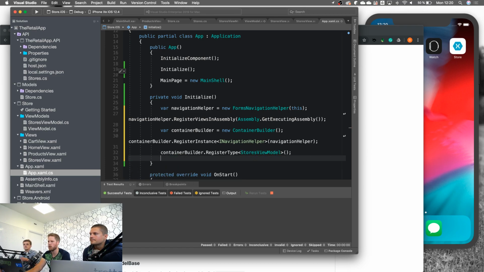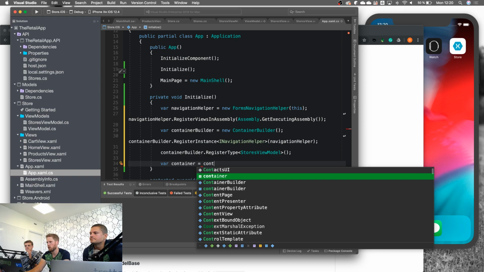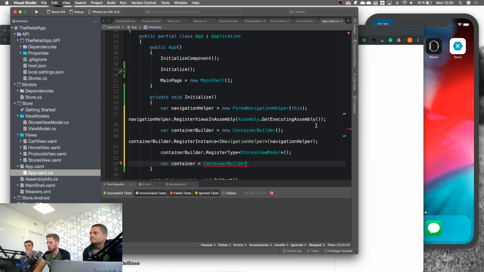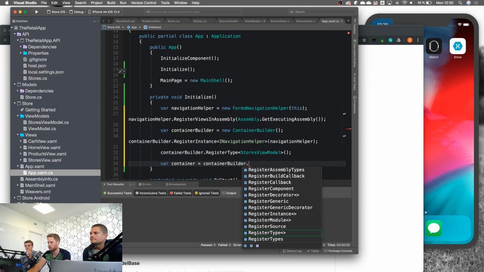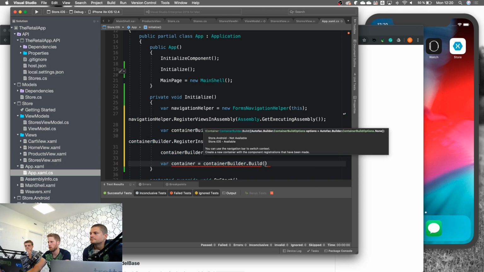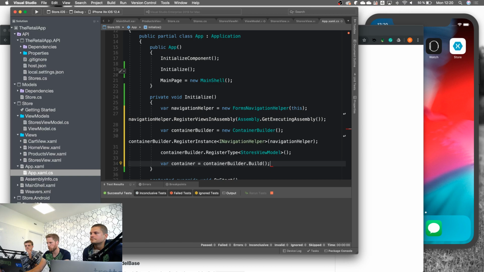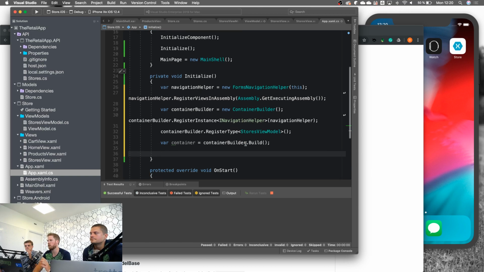Now we don't have anything else to register, but we will go back here later to register some service classes and things like that. So just create a container. Build a variable and use the build method. Then we can integrate TinyMVVM together with